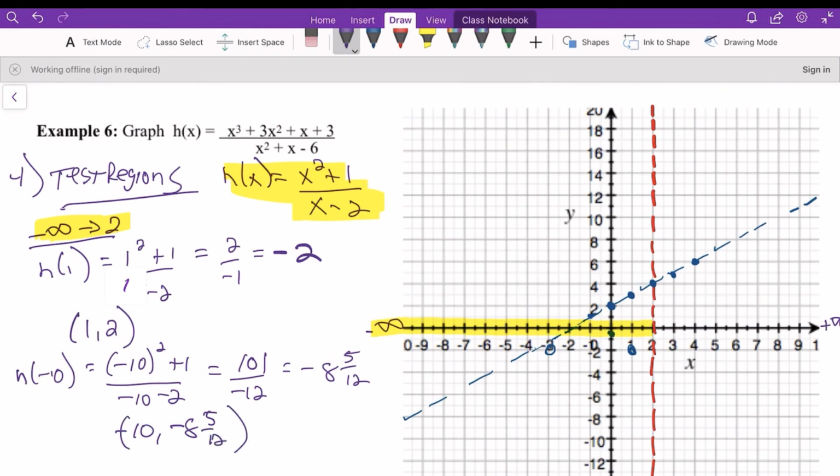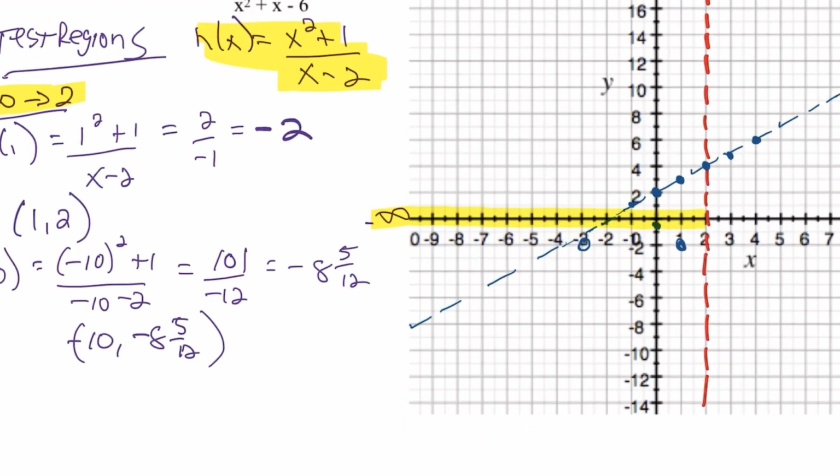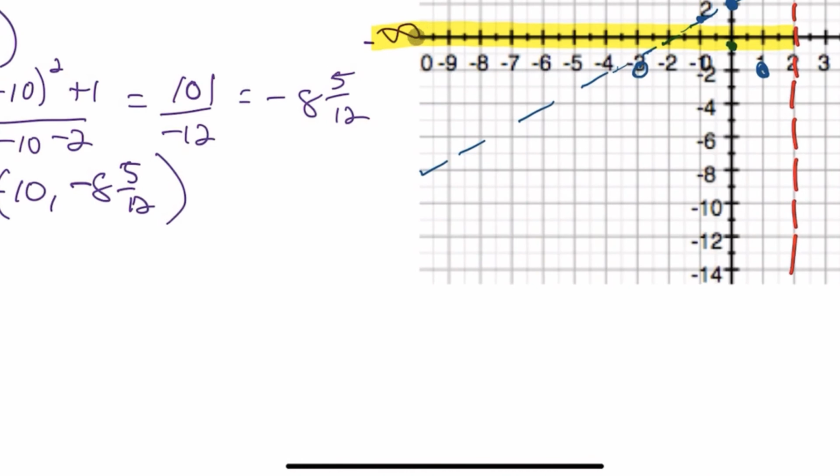So almost -8.5. So if I'm way over here on the x-axis at -10 and then -8 and 5/12, it's kind of tough. So we're kind of like right down here. And that's pretty much what we were thinking, right? As it's going off to -infinity, the graph is going to get really close to that line,